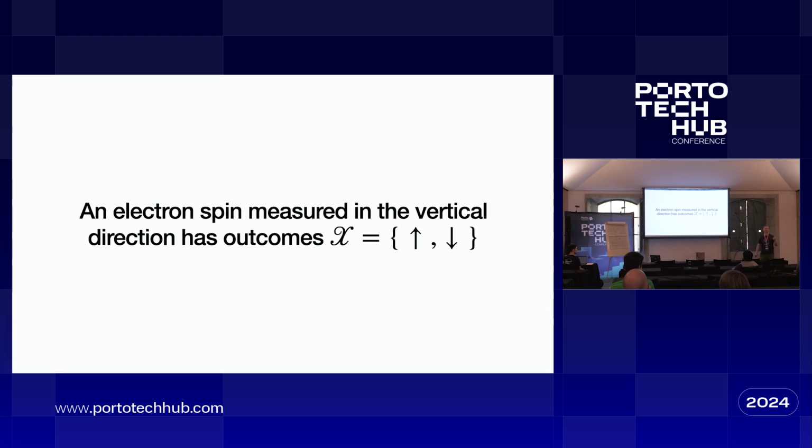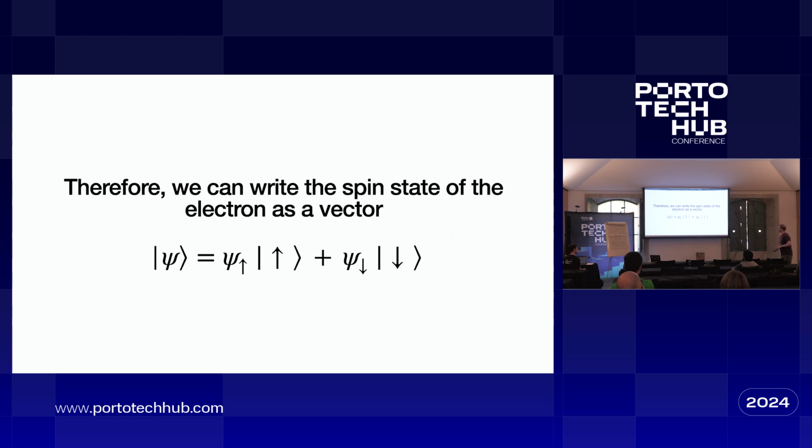So spin is this. First of all, nothing's spinning. Spin is this intrinsic amount of angular momentum which is carried by any elementary particle. I'm talking about electrons, but I could equally be talking about protons and neutrons, quarks, neutrinos, any elementary fermion has the same amount of spin, which is a half of h bar. We're going to work in units where h bar equals 1. H bar is actually a very small number if you express it in silly units that we actually use. So therefore, we can write the spin state of an electron as a vector.